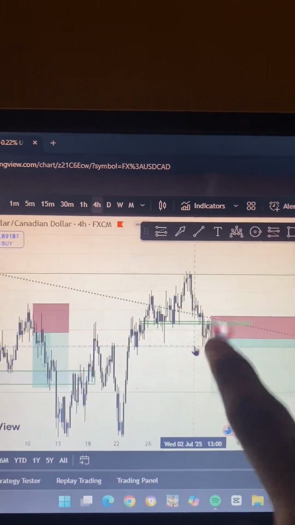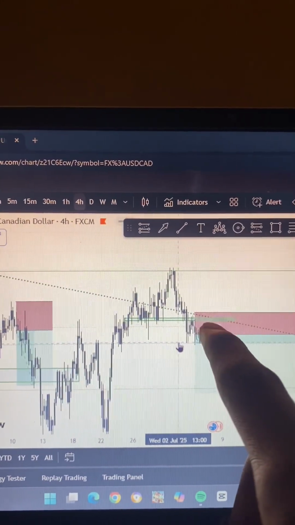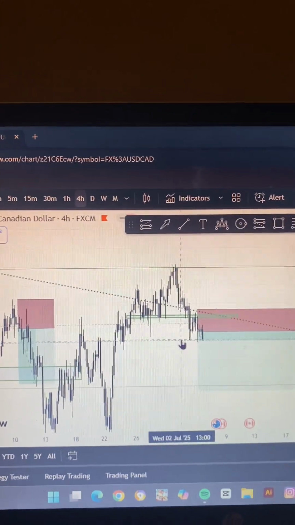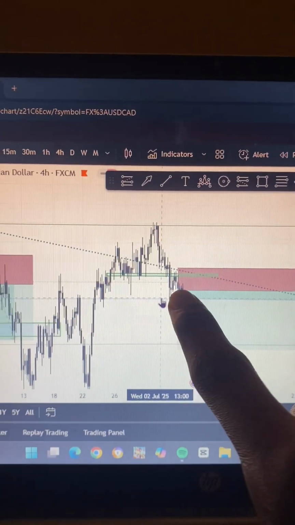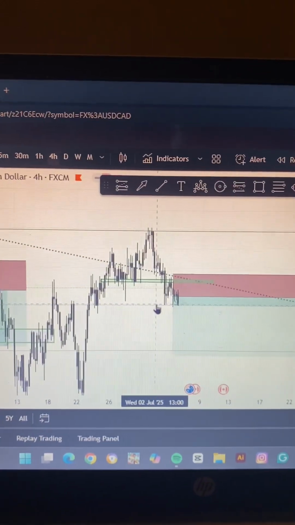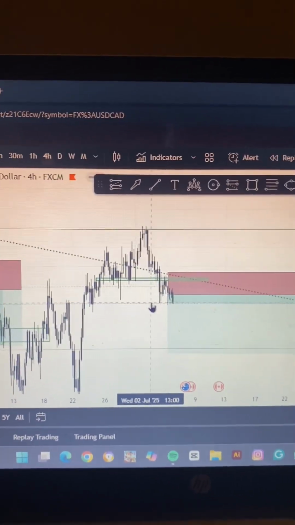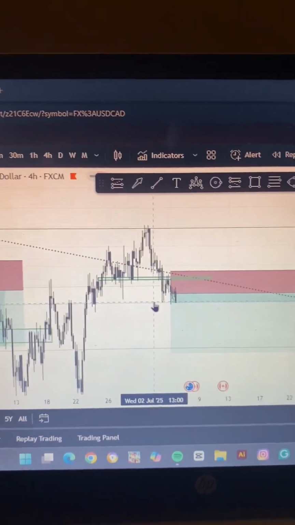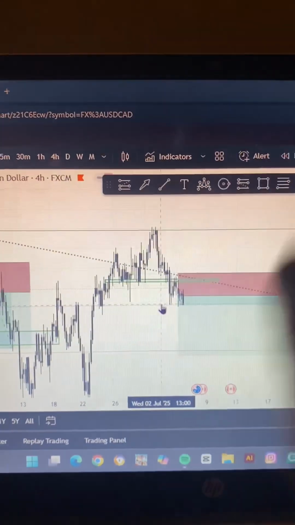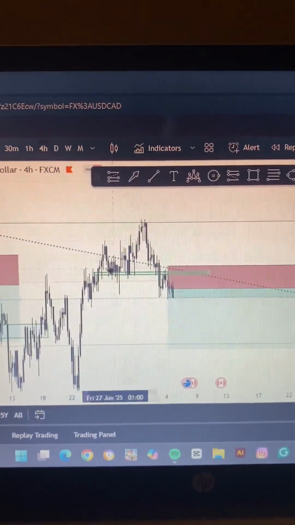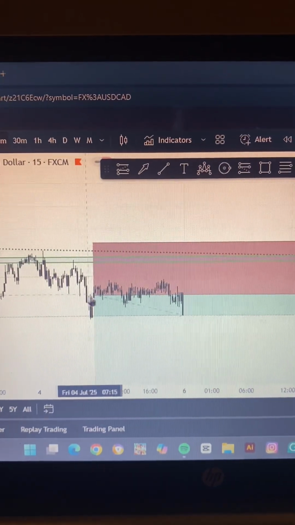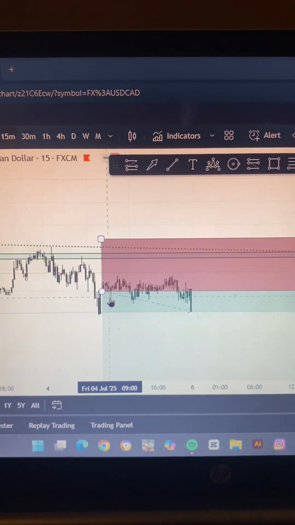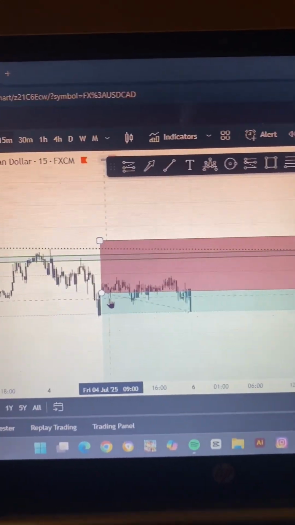This was on a Friday, the 4th of July. So I closed the trade probably just here, and I was already in profit. I shouldn't have, but I was just skeptical. I was thinking nothing was happening. It was a bit choppy. If you notice, it's very, very choppy. Price was moving, ranging. I should have still stayed in, but I was thinking